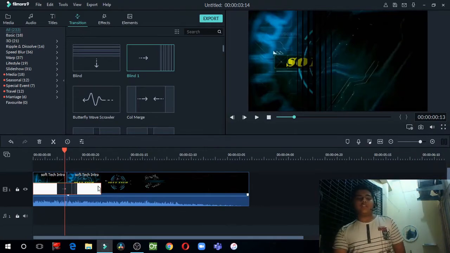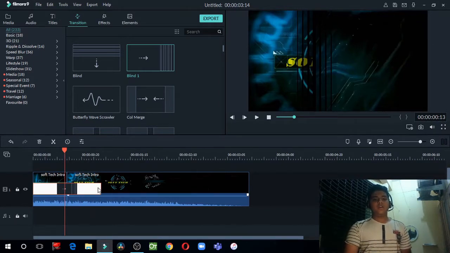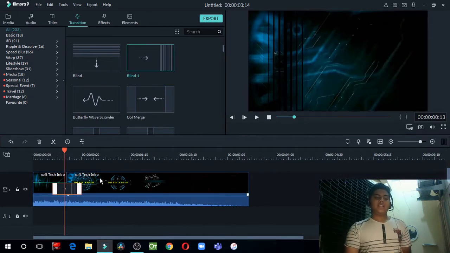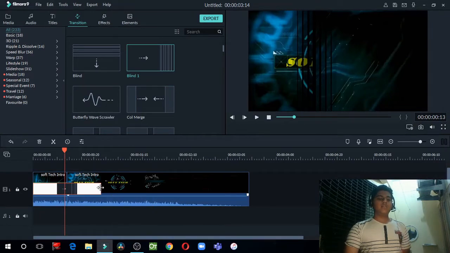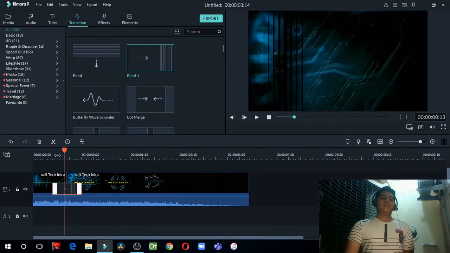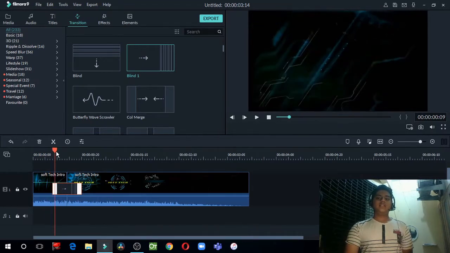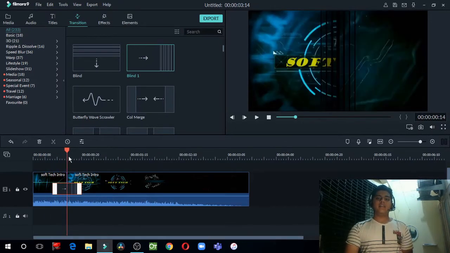And if you think the transition is too long, that is very simple to fix. Click on this transition option, click it and you can see the cursor has changed, so we can change the direction and size that we want for our transition. I wanted to make it short, so I will just make it short and leave it. As you can see, the transition has reduced. Before it used to be like this, but now I have reduced it to like this. Now you can see the transition has come lately,